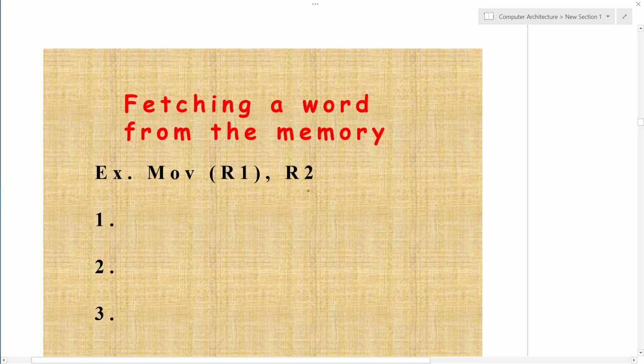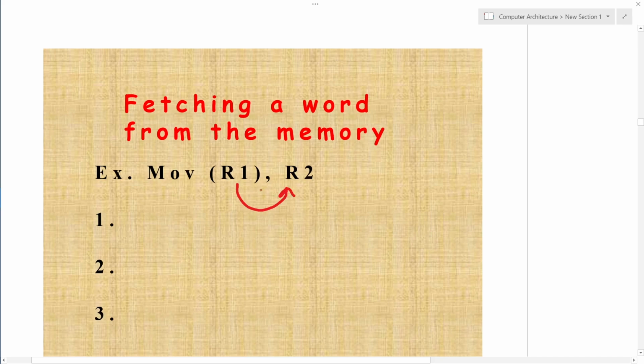The instruction example I have considered here moves the value at the memory location identified by the register, where the operand is available, to register R2. This is the meaning of this instruction. So it is a type of indirect addressing mode.